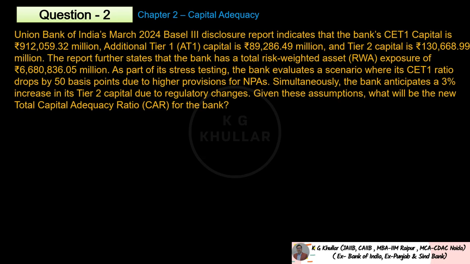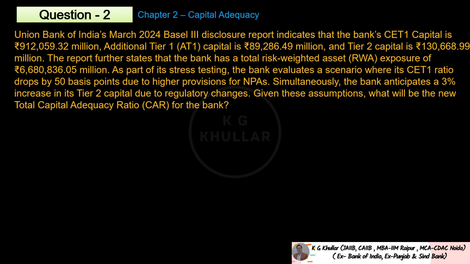The next question is a practical case of Union Bank of India and covers the concept of capital adequacy. And the question goes like this. Union Bank of India's March 2024 Basel III disclosure report indicates that the bank's CET1 capital is 912,059.32 million, Additional Tier 1, that is AT1 capital, is